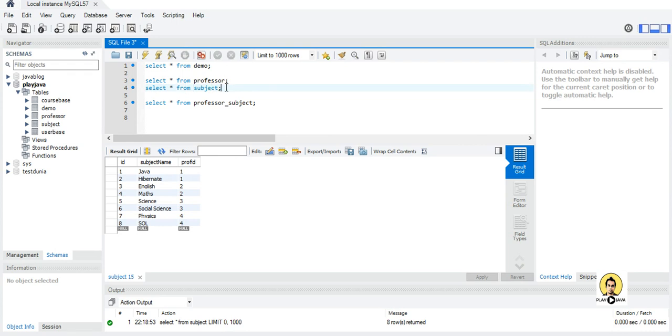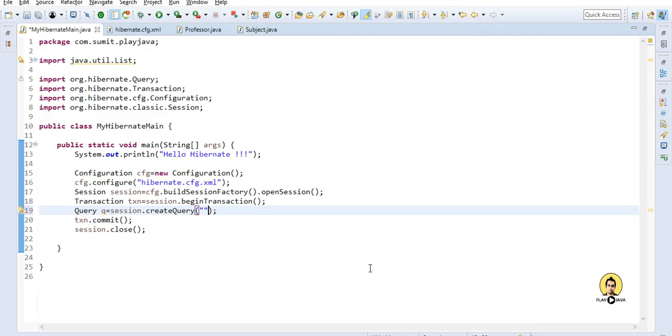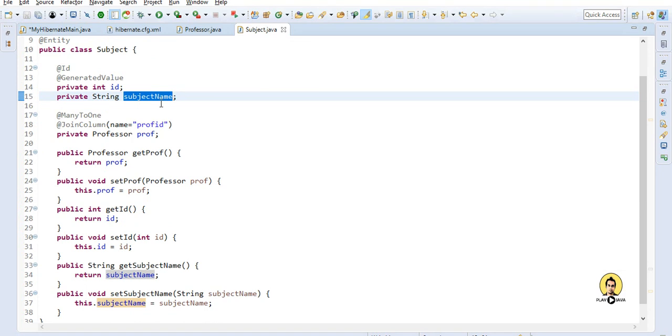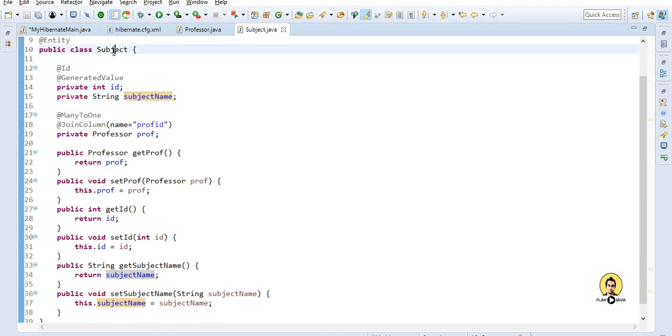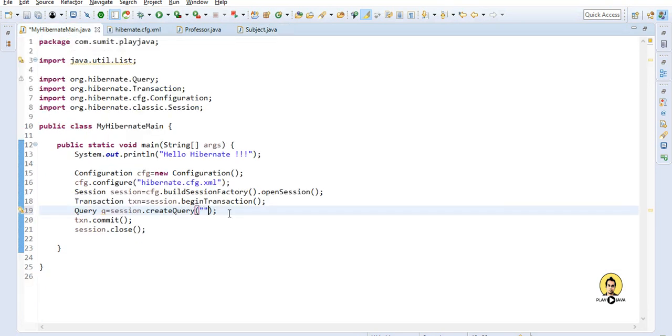Instead of this, we need to go to the class, that is the subject class, the model class. So we don't select from the table of the database, we just select from the class.